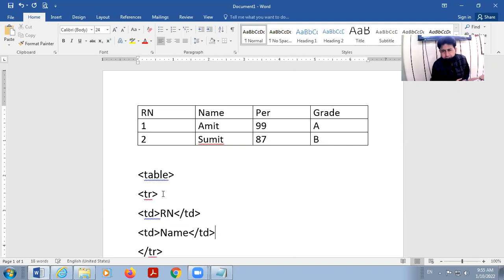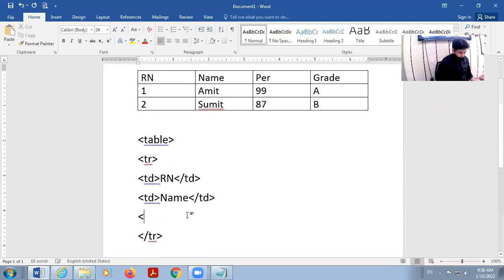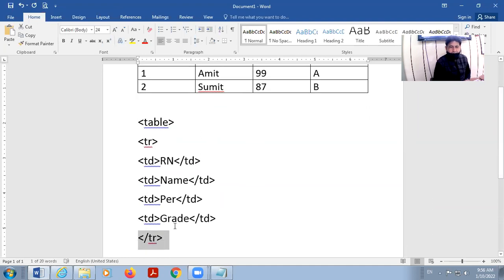How many cells in the first row? Total 4. It means 4 times I will have to use the TD tag. TD percentage, then TD close and again TD start, and here is grade, and then TD close. After that, my first row is closed. So that's why TR is closed. So my first row is complete.